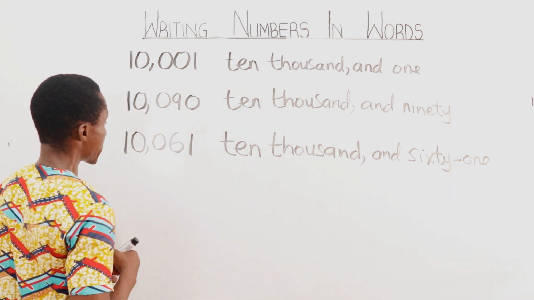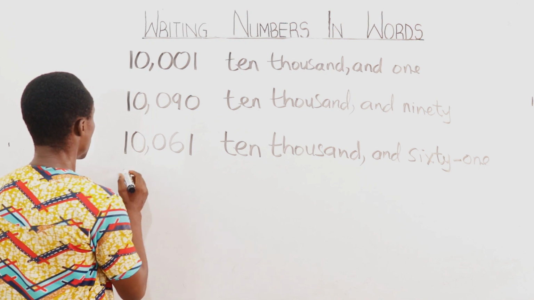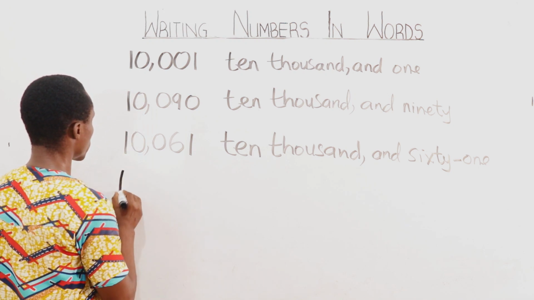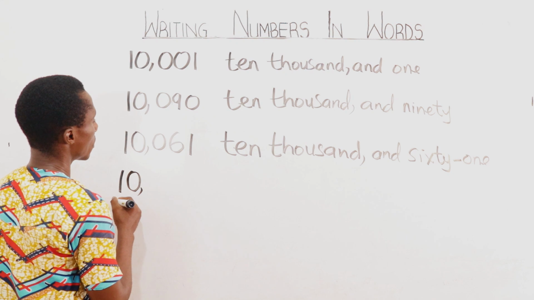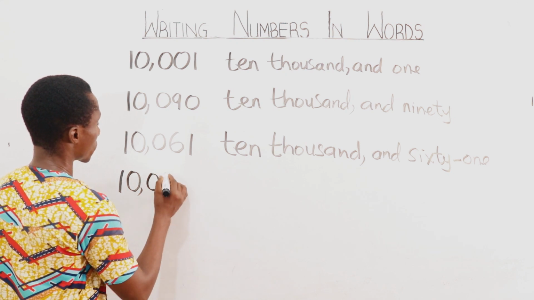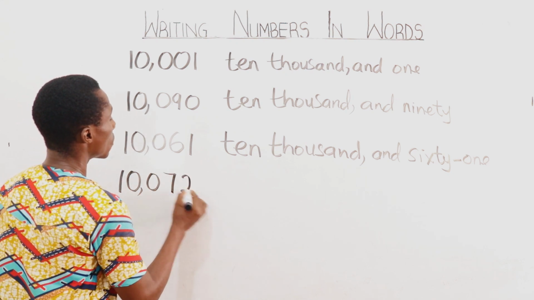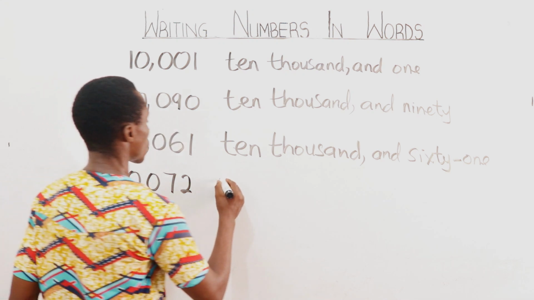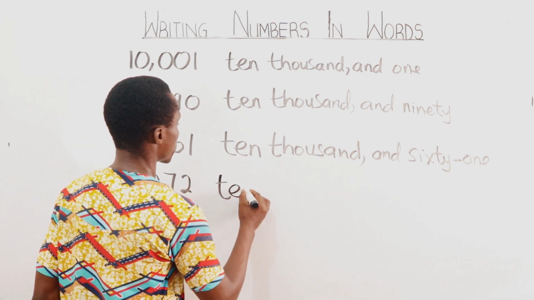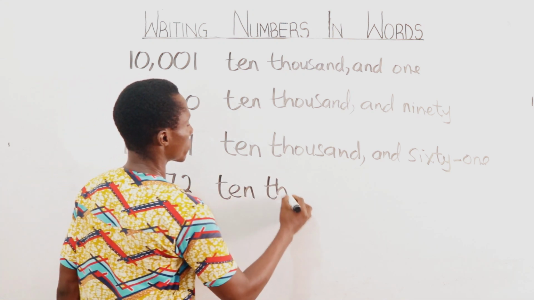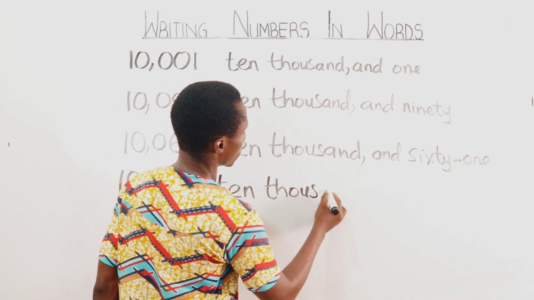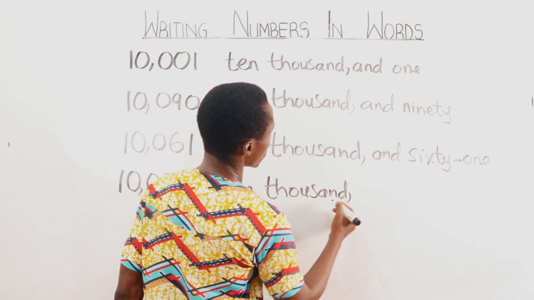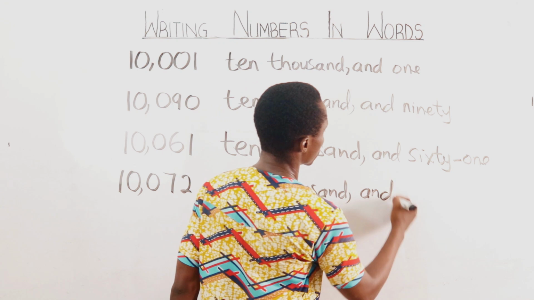Let's look at another one. Let's say 10,000 72. So we have 10,000 and